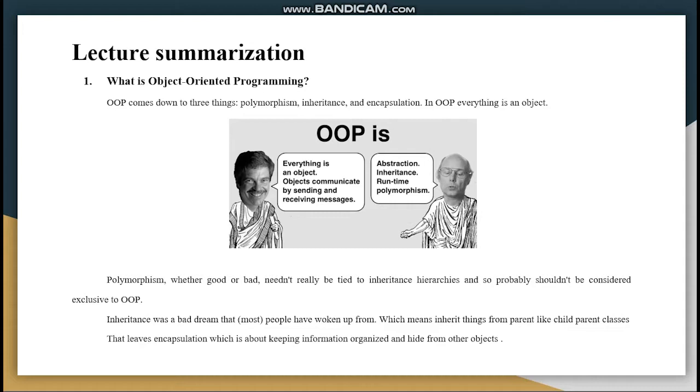Okay, this one is the topic of a lecture summarization. What is OOP for everyone? OOP comes down to three things: polymorphism, inheritance, and encapsulation. In OOP, everything is an object. Polymorphism, whether good or bad, is not really tied to inheritance hierarchies, and so probably shouldn't be considered